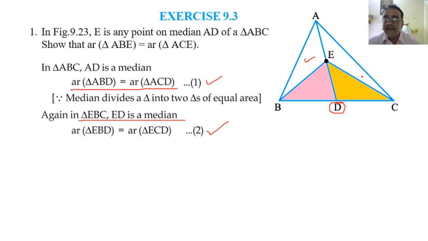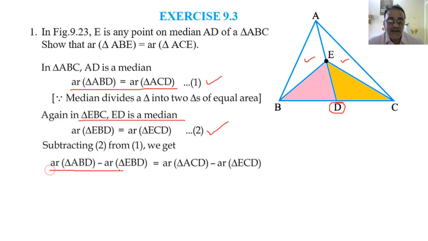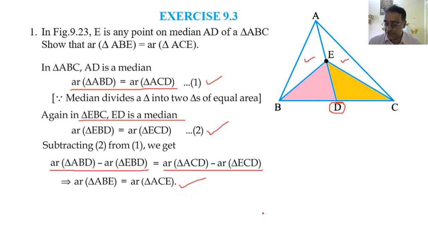ABD. Similarly, from triangle ACD, if we delete this orange triangle, we'll get this white one. अगर ये माइनस कर देते हैं तो व्हाइट वाला मिल जाएगा. This is ACE. So what we are going to do, we are subtracting 2 from 1. So ध्यान से देखो, दोनों को subtract कर रहे हैं. इसको subtract करने से क्या मिला? ABE. And if you subtract this 2, we'll get ACE. So is this clear to all of you? Yes, sir. Okay, now we are moving towards question number 2.